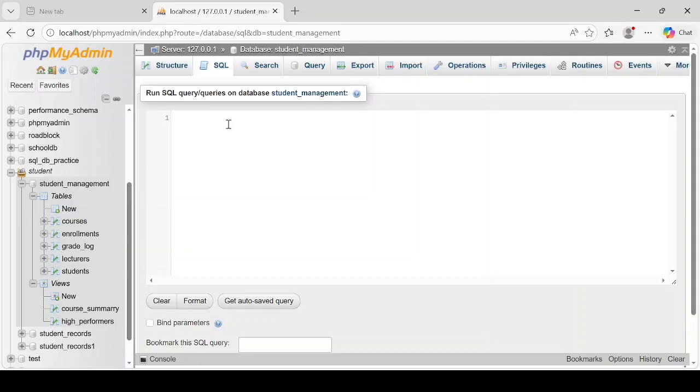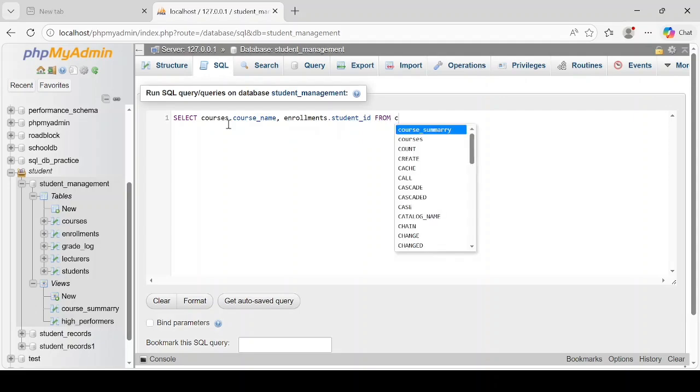So let's say select courses, that is the course name, then enrollments, that is the student ID, from courses. And then now we say left join